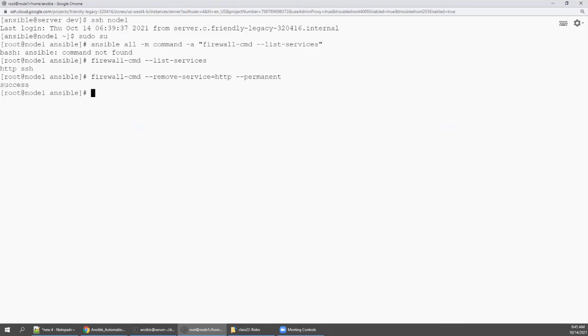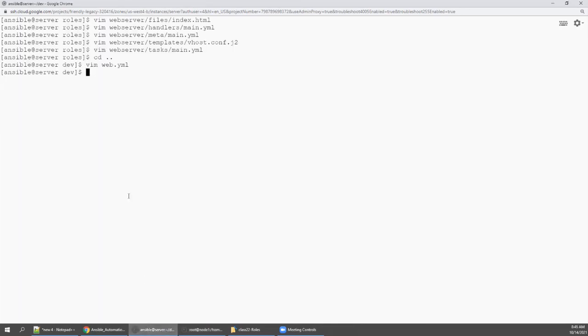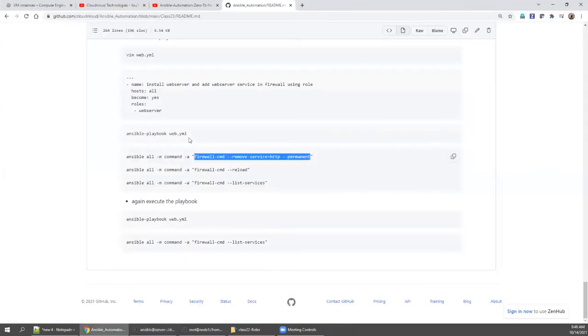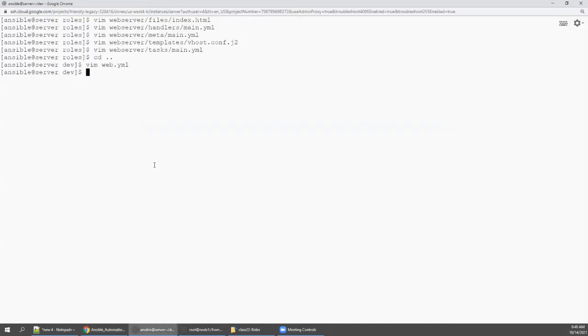Then you go and say reload. Again, you say list services. So only SSH.